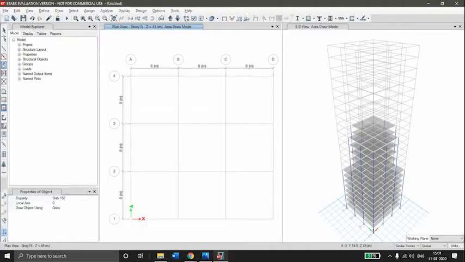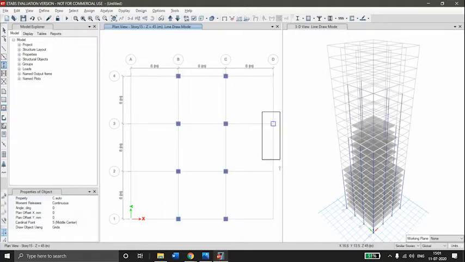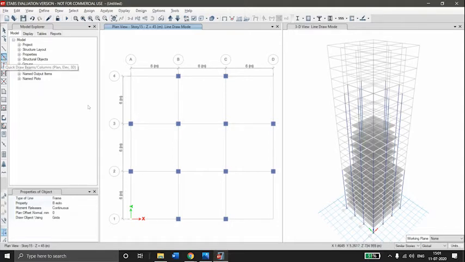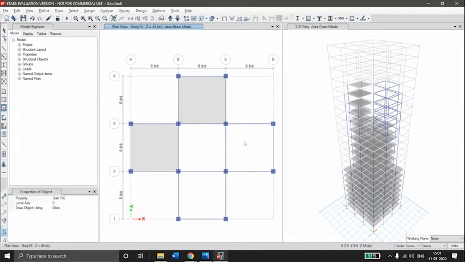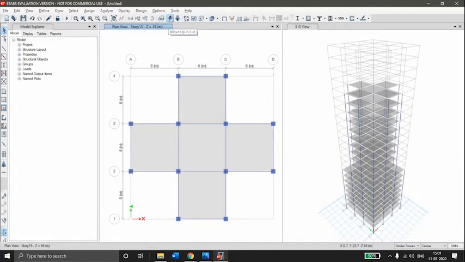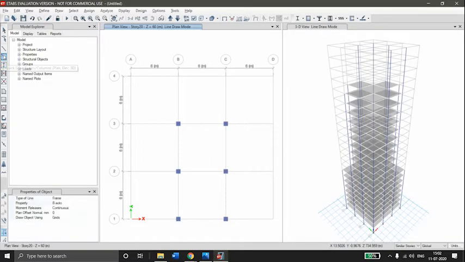So again, quick draw columns. Quick draw beams. Quick draw slabs. Select exit. Go to story 20. Quick draw columns. Quick draw beams. Quick draw slabs.